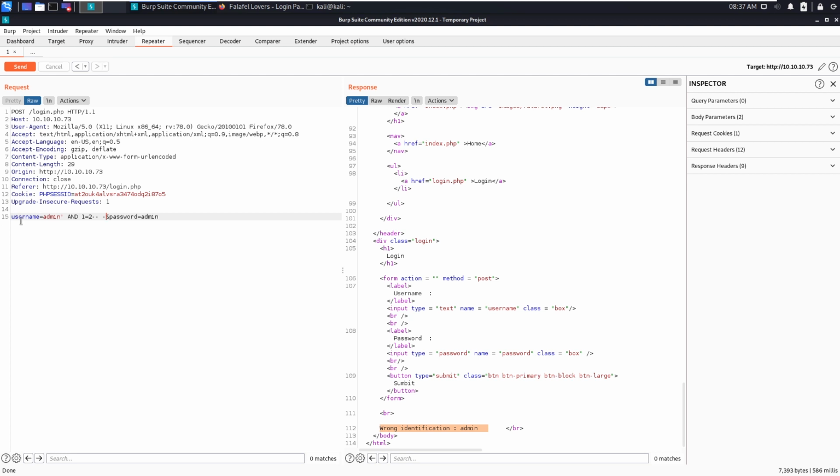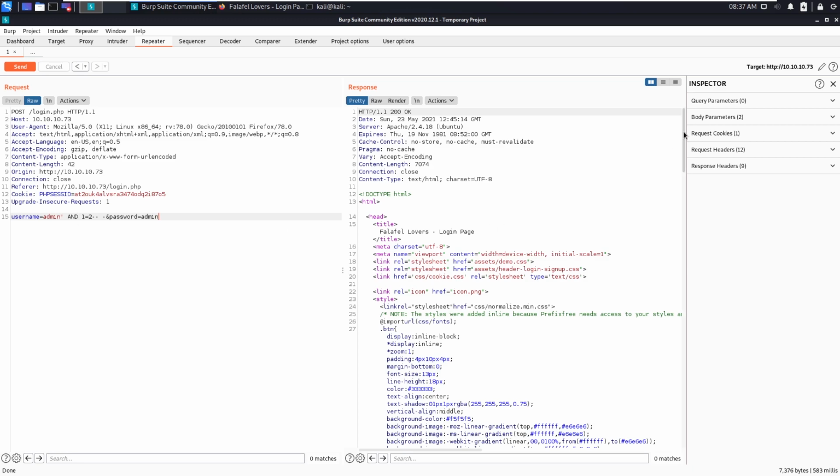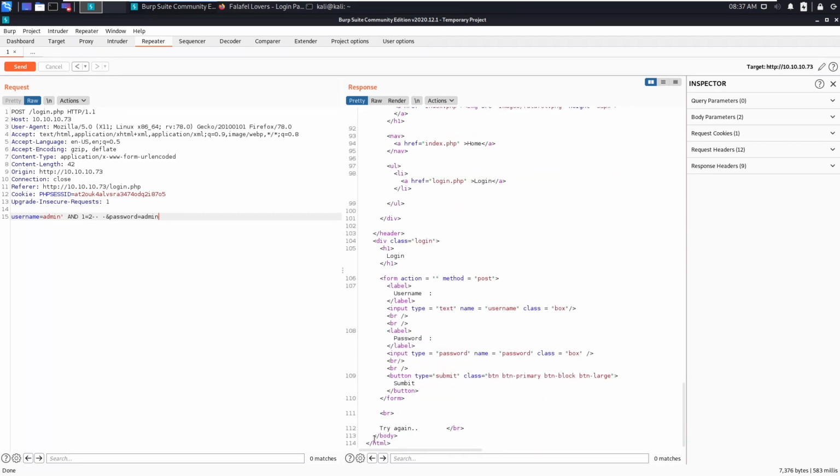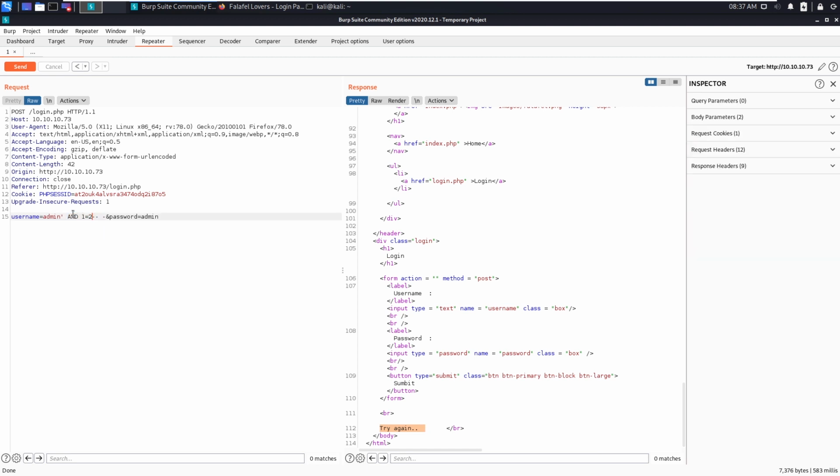So the query could be select credentials from the table name where username equals admin and 1 equals 2 comment. This should do fine. Let's send this, and now we should see the false statement, that is try again. That means this query got executed, and 1 equals 2 is making the entire query false. That's why we got try again.